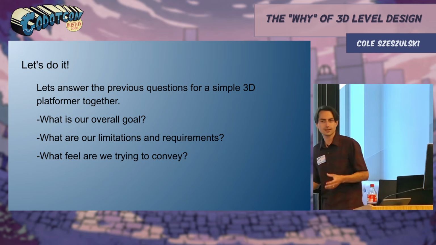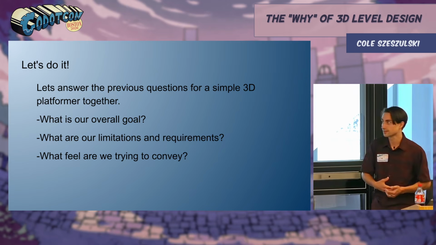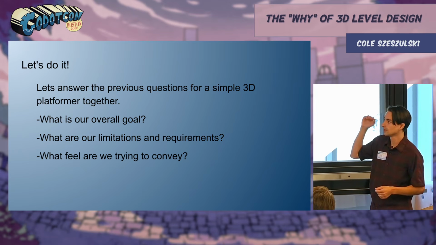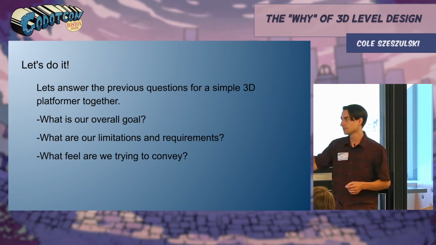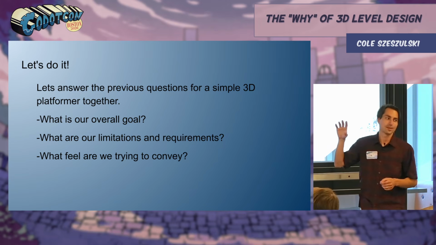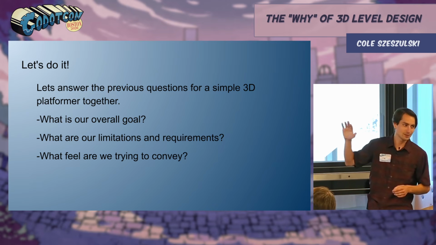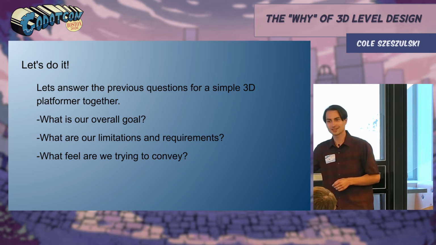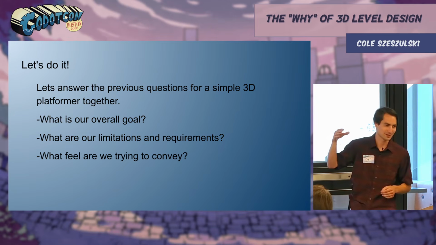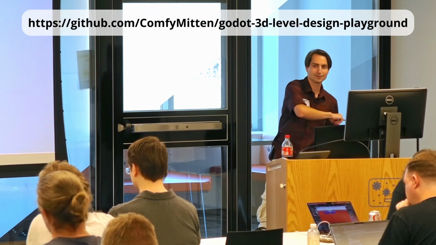To go through the process ourselves, we need to answer the questions first. What is our overall goal? What are our limitations and requirements? And what feel are we trying to convey? In our workshop example, our limitations and requirements are going to be kind of already set, because that'll expedite the process. In the demo project that hopefully you all have at this point,